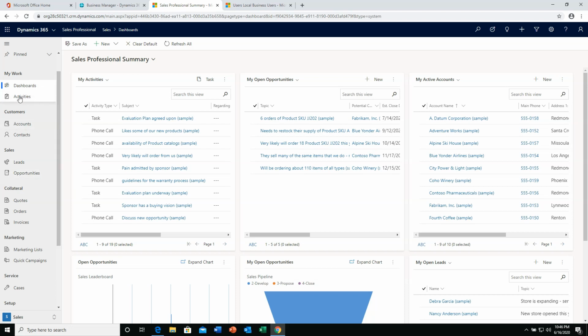So dashboards activities are usually integrated with Outlook and can include things like appointments, phone calls, tasks. Your accounts in the Business Central world are considered customers, but accounts can include things like strategic partners or competitors even can be listed as accounts. Contacts are also integrated with Business Central. These are usually in the Dynamics 365 sales world. They're the individuals who work at accounts. In Business Central, contacts can be both an account contact or an individual contact, and so it